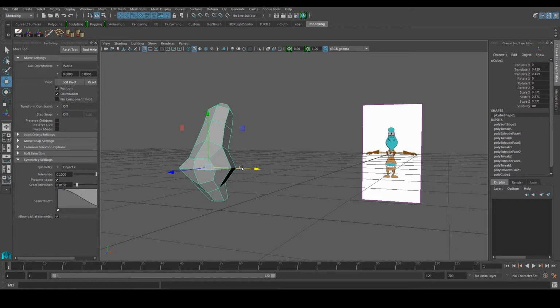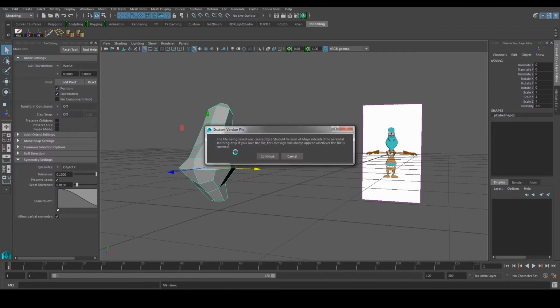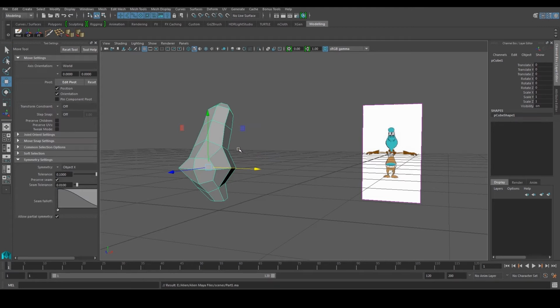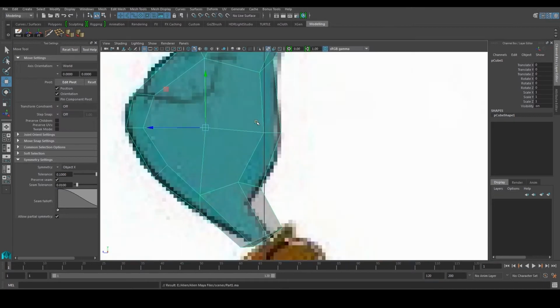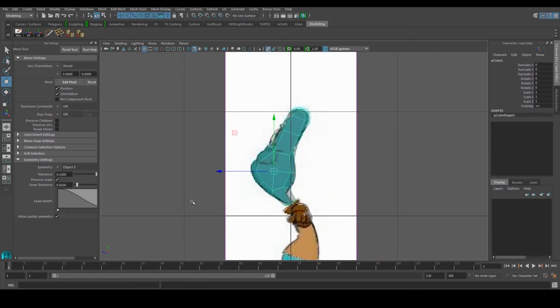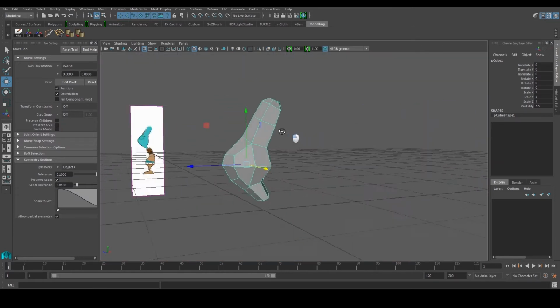Alright, now moving along, you see over here on the right side, my numbers start to jumble up, and then I start to have all of these things that I did over here. This is just a bit of a history of what I've done so far to this particular model. So what I can do is I just press history, delete the history, and I freeze the transformation. You want to do this once in a while, and then of course don't forget to go and save your scene once in a while, just in case your Maya crashes or something like that. Alright, so let's go back to the side. Okay, we just have to check again, everything kind of matches up here and here.